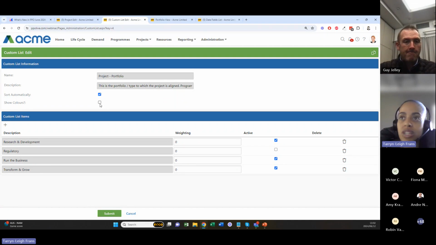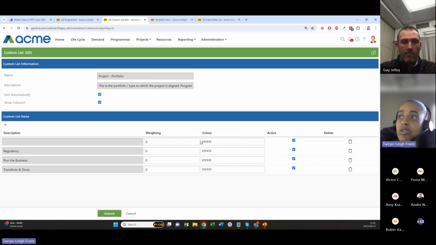You've seen color-coded date values when the date is in the past. To do that, it's as easy as clicking on Show Colors. When you do that, you can see the color picker is here. If you know the hex codes of your brand identity, which I think I have here,